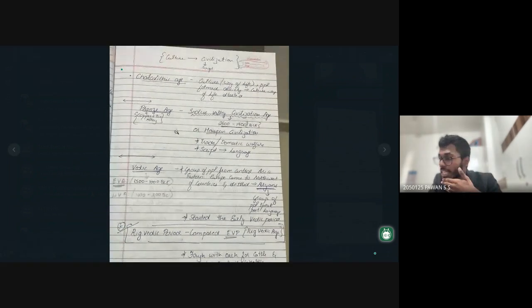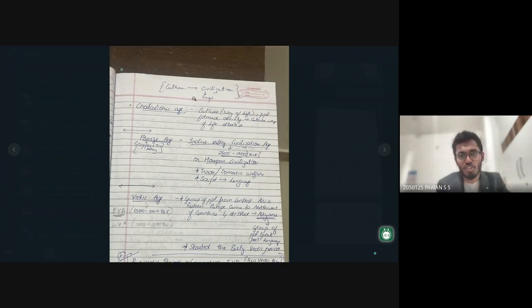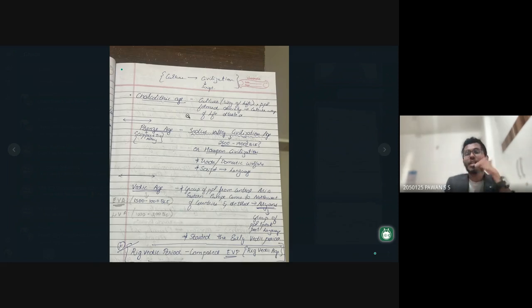Then what happened? The next one that came was the Chalcolithic age. In the Chalcolithic age, a new way of culture started forming. What is this culture? It's basically a way of life. People formed society, culture, a way of life started. So a group of people settled down during which time? Neolithic age. At that point, a new kind of culture. For example, if all of us settle down, a society is formed. Do you agree? Yes, very good. A society is formed, so a new kind of culture also starts. That's what you can see during the Chalcolithic age. Now, also during this time there is something called the Bronze Age,